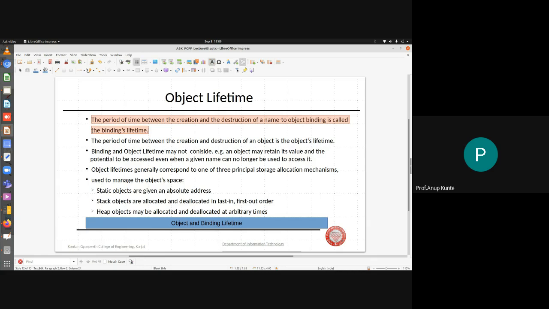Okay, तो ये जो हो रहा है, what happens is certain name to object bindings might get destroyed temporarily because I'm changing the execution scope.